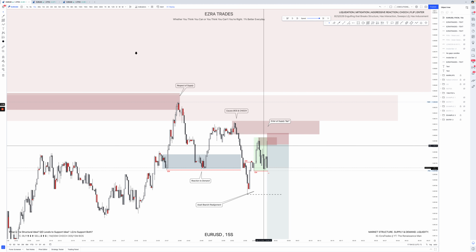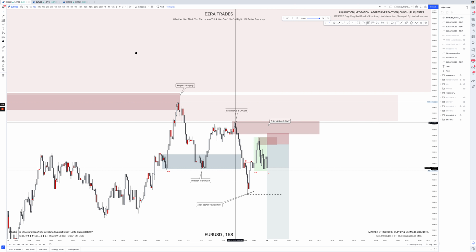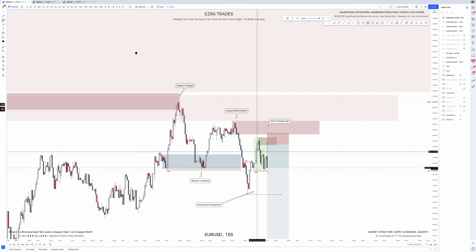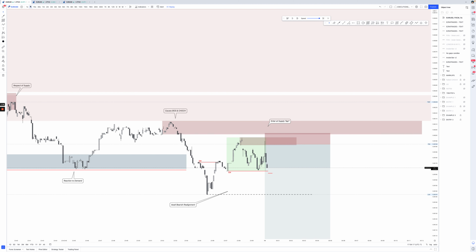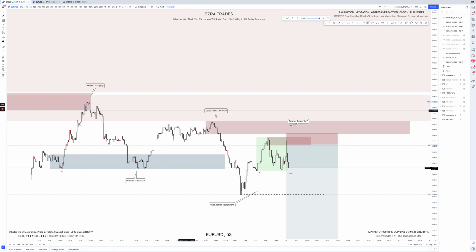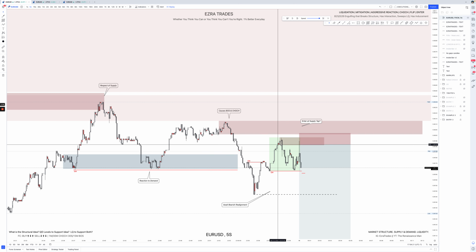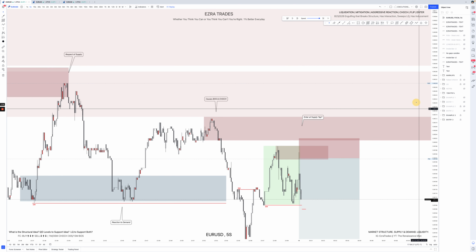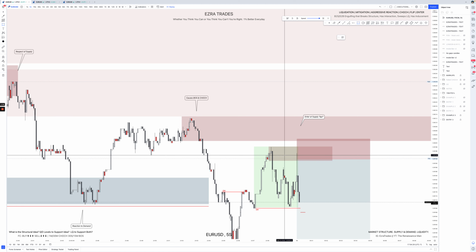Okay, so what do we have here? We have this swing to the downside that broke structure and changed character. This is the swing to the downside. What do we have here? We have a pullback. Here we have the first buy to sell engulfing. This is what it looks like on the 5 second. Here we can see that that engulfing candle is very strong. So a lot of the, where did the orders flow into the market from? If we look at the candle that got engulfed, realistically,